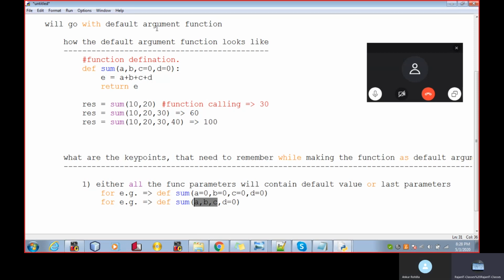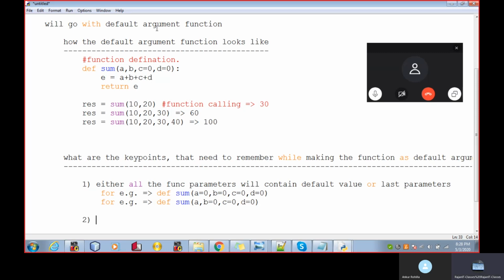In this set of parameters, which one is the last? C, right? So either last parameters. So now these two are left. Out of them, which is last? B. Like this. Okay, cannot write like this.